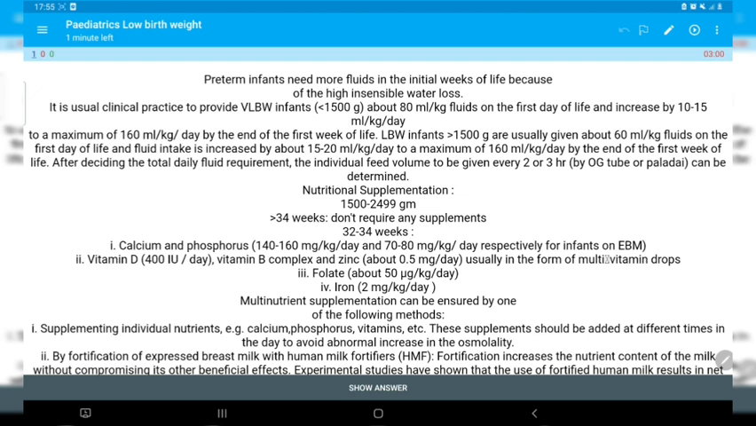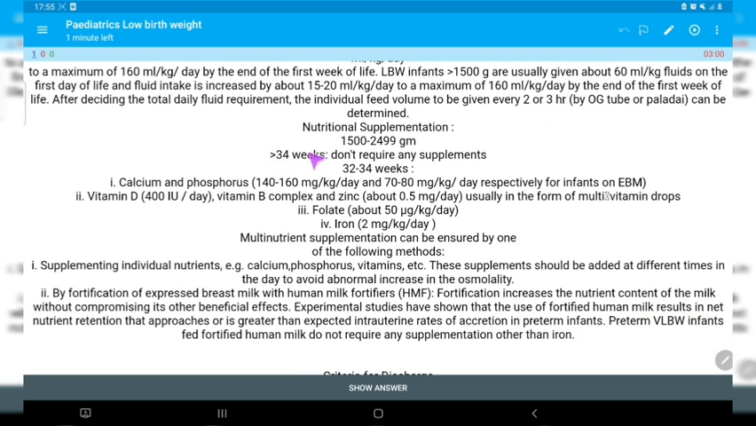Nutrition supplementation is to be done if the weight of the baby is between 1500 to 2499 grams. After more than 34 weeks, the baby doesn't require any supplements. If the period of gestation is between 30 to 34 weeks, then what happens? We can give calcium and phosphorus, 140 to 160 mg per kg per day and 70 to 80 mg per kg per day respectively, for infants on